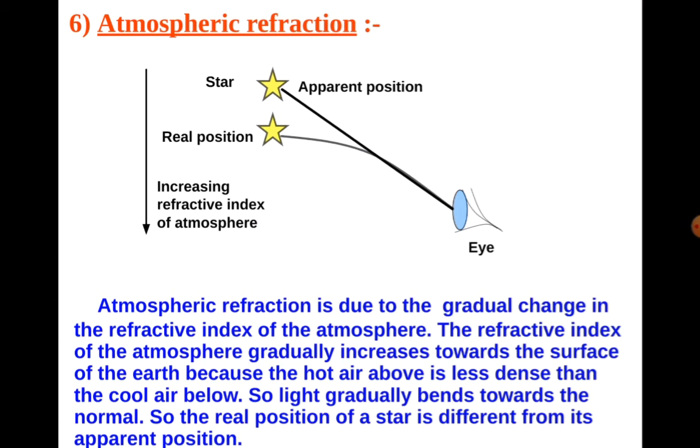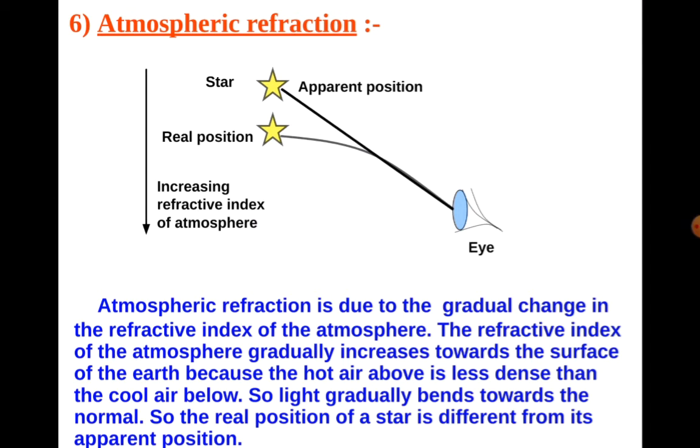So every next moment the star appears to be in a different position, but never very far from the first, as the change in the refractive index of the layer is very small. Hence the apparent position of the star always fluctuates in a small area. That makes it appear to twinkle. Sometimes it appears brighter and sometimes fainter. That is why it looks twinkling. I hope you understand this.